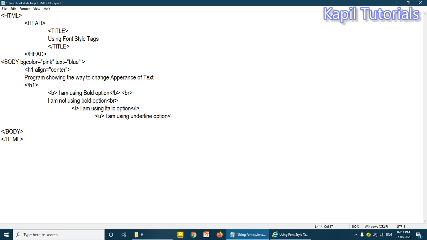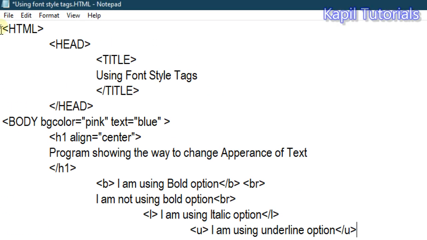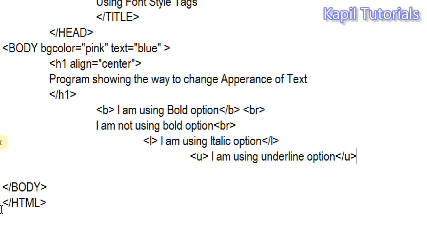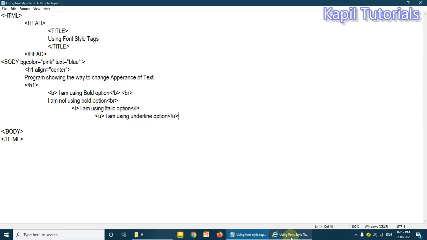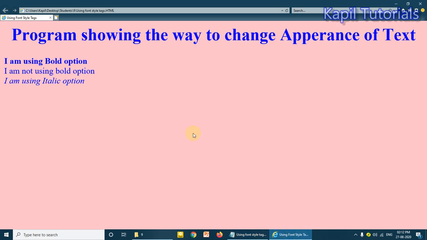That means I'm using underline tag. Again it is a container tag. I'll just close this. This is the basic coding. Okay, you could pause your video here if you want to note it down, and then I'll click on file and save, and then I'll press F5. You could see here underline option, this one.